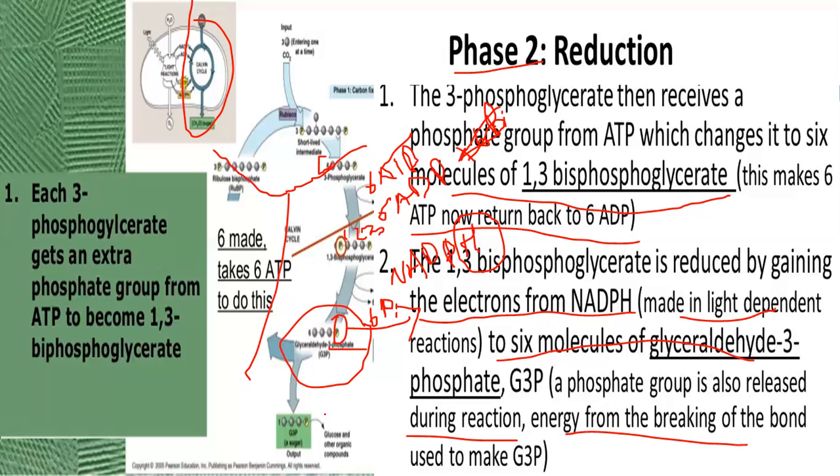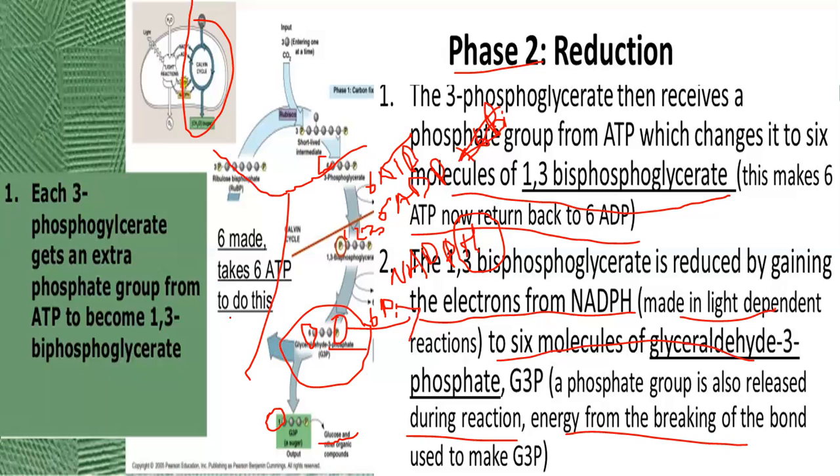And here one more thing: G3P is now 6 molecules. One molecule will be released from here, that is a 3 carbon compound. So one molecule is released, that is also G3P, and that is utilized to make glucose. So actually this is the main theme of this reaction. Out of these 6 molecules, 1 is released out and 5 will move to the next